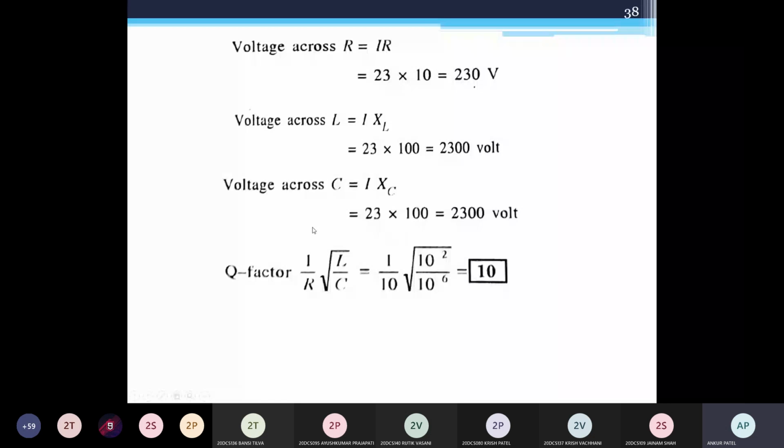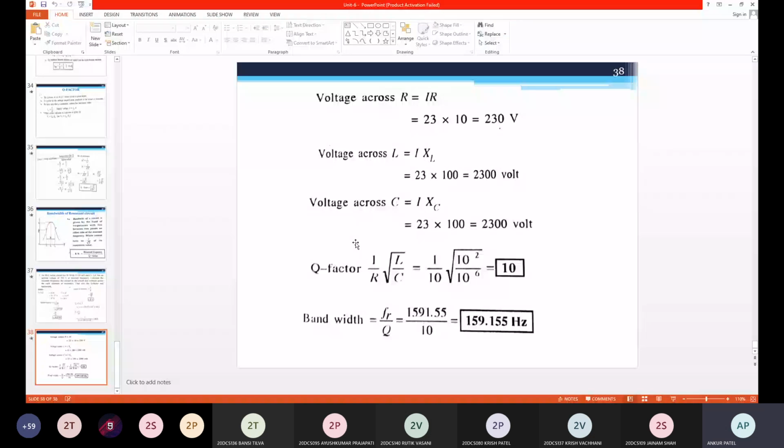So this is the end of unit number 6. In unit number 7, that is your three-phase circuit or polyphase circuit, we have the advantages of three-phase over single-phase circuit, and there is one definition of phase sequence. Phase sequence may be RYB, YBR, or BRY. That we'll see in unit number 7.